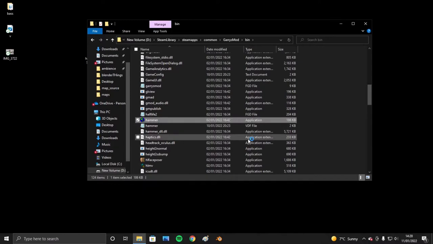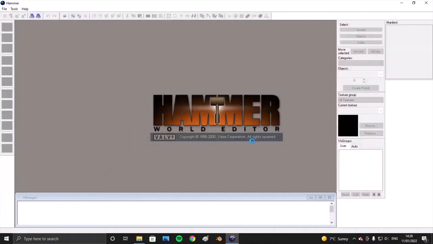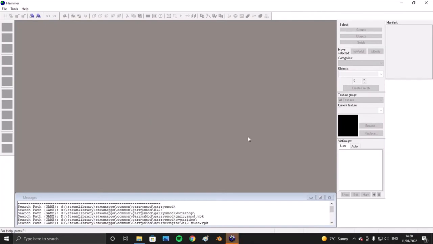Double click it, and we'll start the application. Here we go. So, what we're going to do to create our first map is go to New,